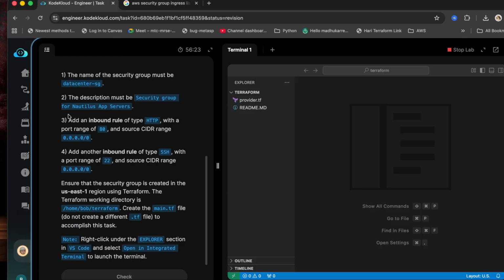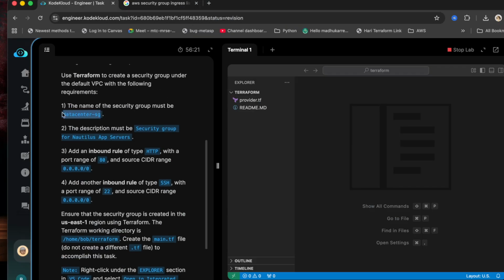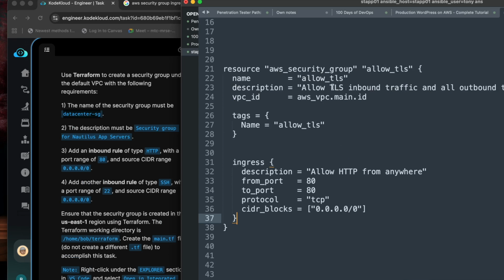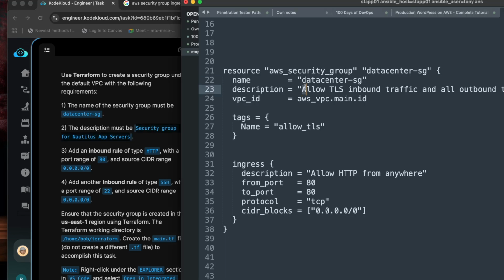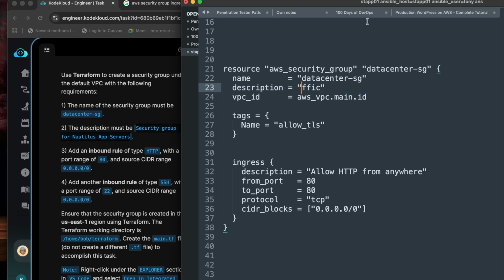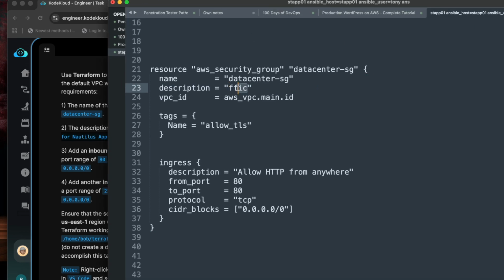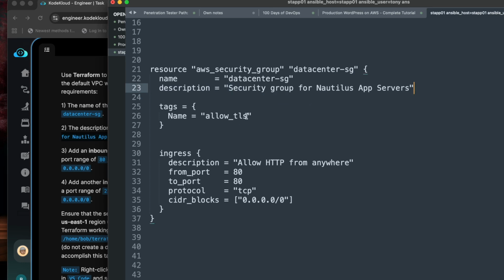So we got these. So the name should be data center SG, and just put the same name for the resource. You can put anything if they didn't specify anything. And then the description should be this one. So edit it. If you don't put any VPC ID, it's gonna go to the default VPC. And then tags, just gonna put name same as